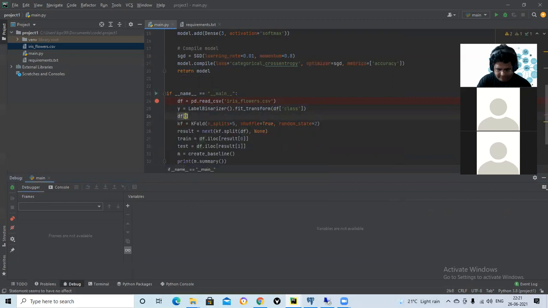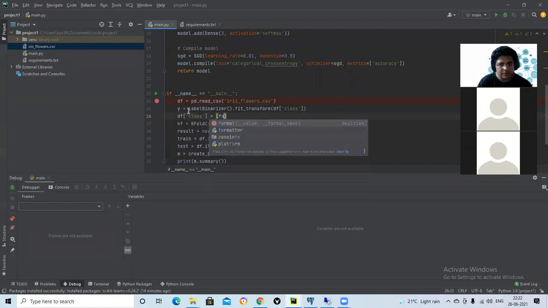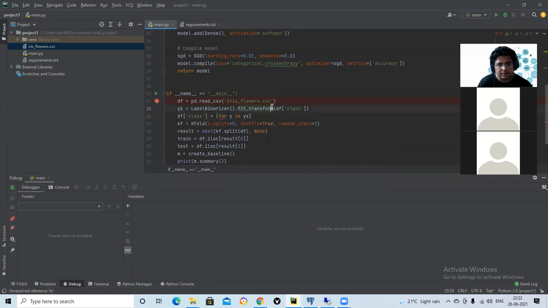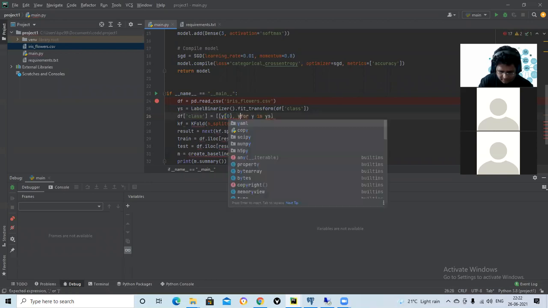So df class is equal to a list comprehension you have to do, and in that list comprehension we have to create a for y in y's, okay, and here we have to do y0, comma y1.